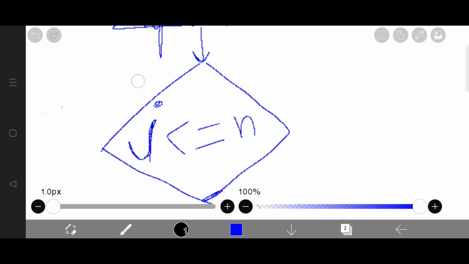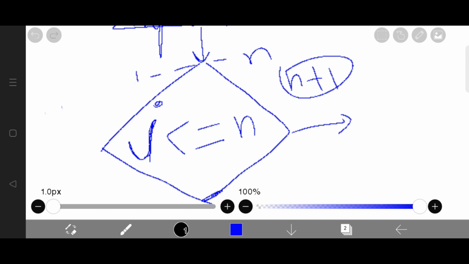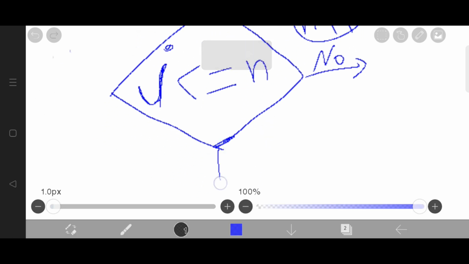So if it starts from 1, then it will go up to n and should not go further, like n plus 1. Whenever it goes to n plus 1, the condition will be false automatically and our program will come out from the other end. So currently, if J is less than or equal to n,